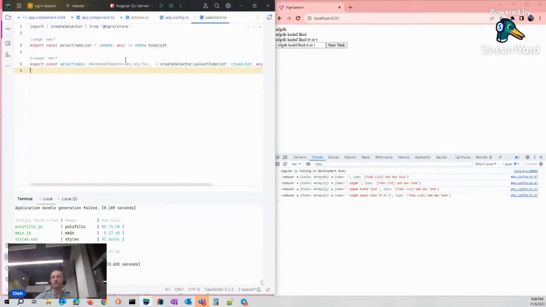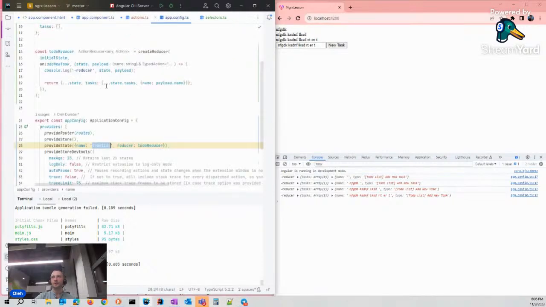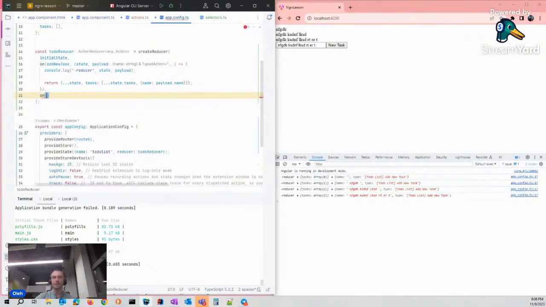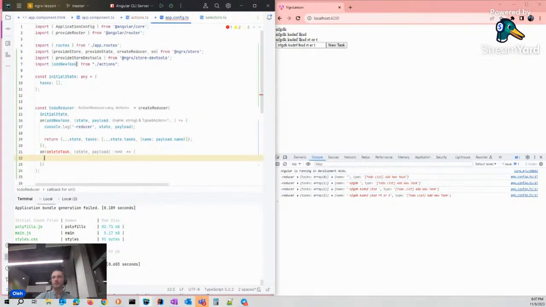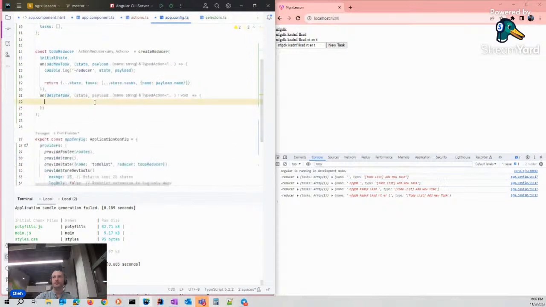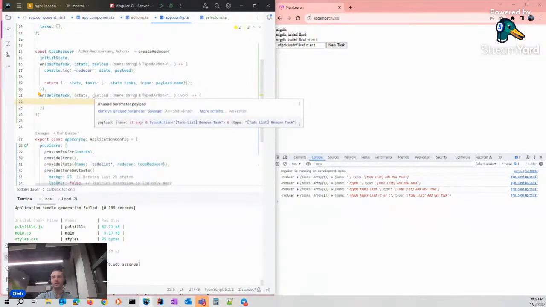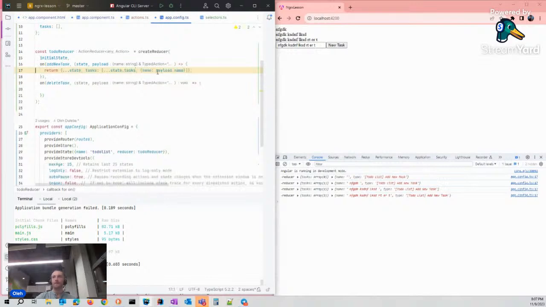And now we have to react on this action somehow. Delete task, our state and payload. We have to create a new instance of this tasks list and return it back from this function. It means that we have to filter our values.